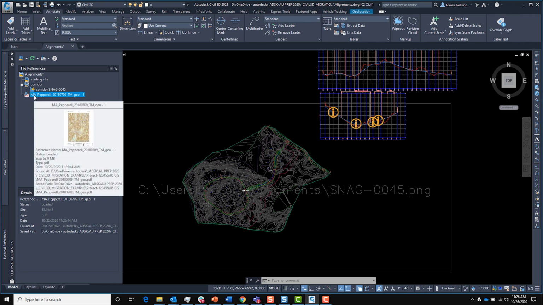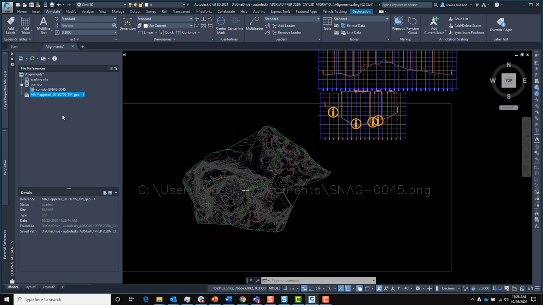Looks like we have a direct attachment of this PDF, and there's no problem there either, except I am noticing that the saved path is a full path. So let's see if we can change that path type to relative. I right-clicked on that PDF, change path type, make relative.